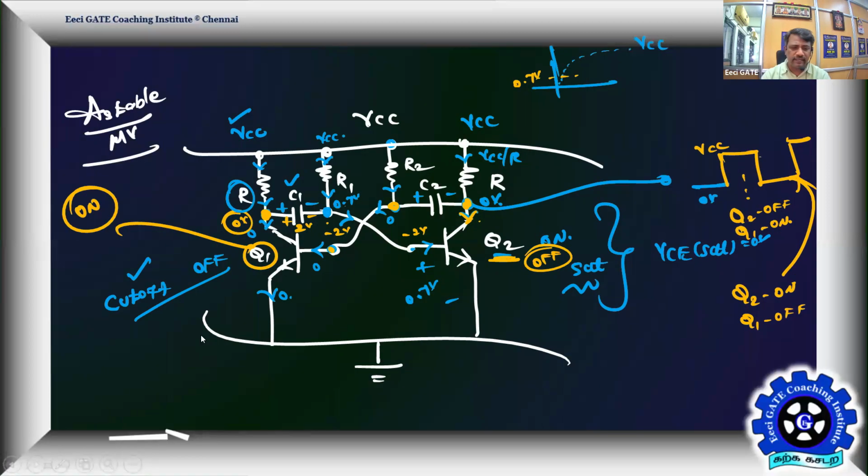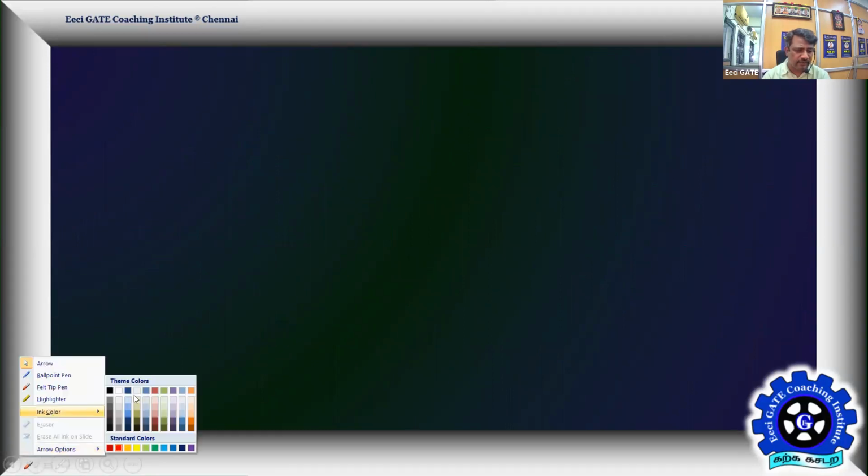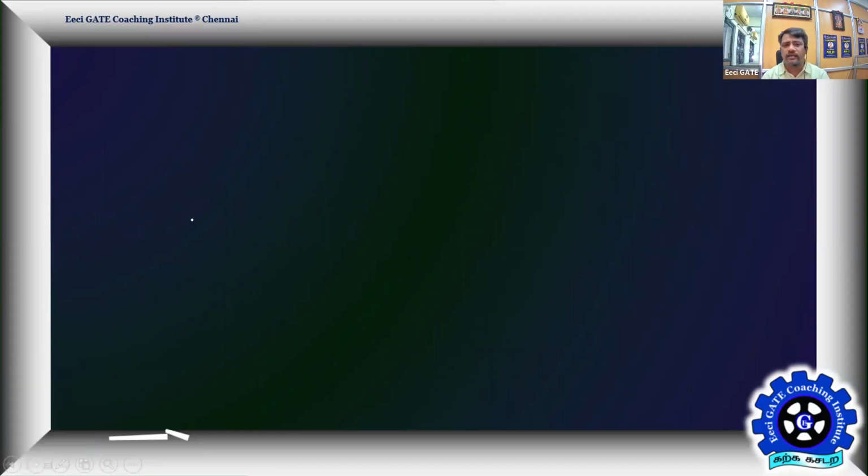So carefully we need to calculate the charging and discharging, and finally we have to go for the on time and off time. Okay, I'll focus on that derivation in one more video. For time being, you take it: on time and off time are going to be identical. So it's going to be accurately 0.693 times your R1C1.